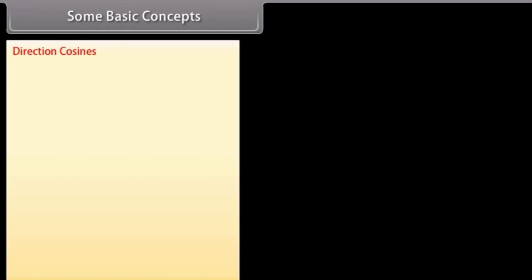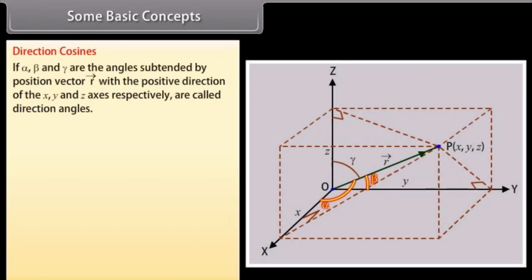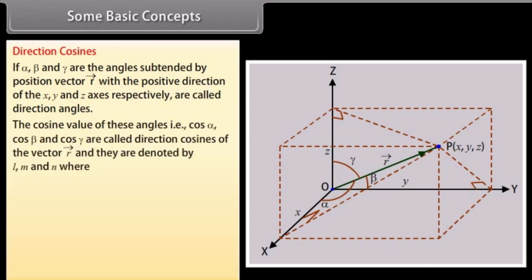Direction cosines. If alpha, beta and gamma are the angles subtended by position vector R with the positive direction of x, y and z axes respectively, they are called direction angles. The cosine values of these angles, that is cos alpha, cos beta and cos gamma, are called direction cosines of vector R and they are denoted by L, M and N, where L equals cos alpha, M equals cos beta,